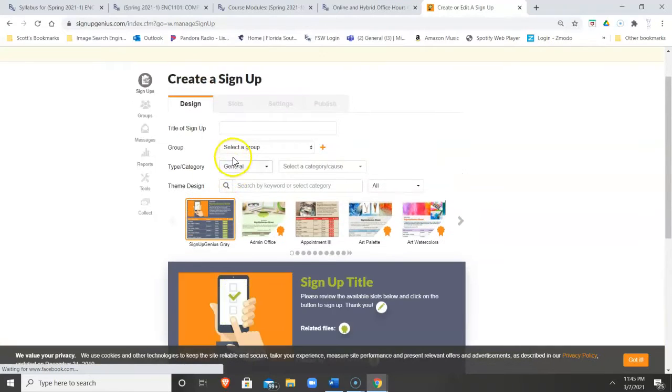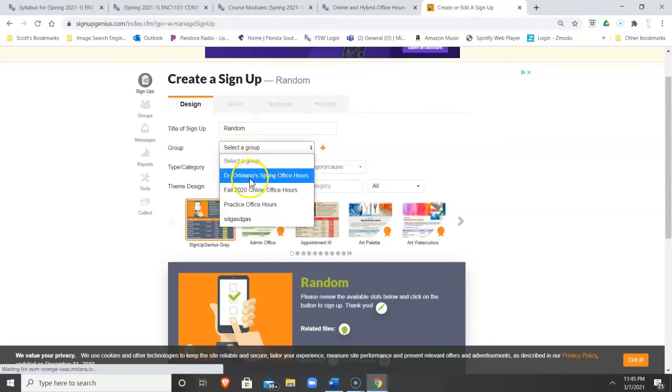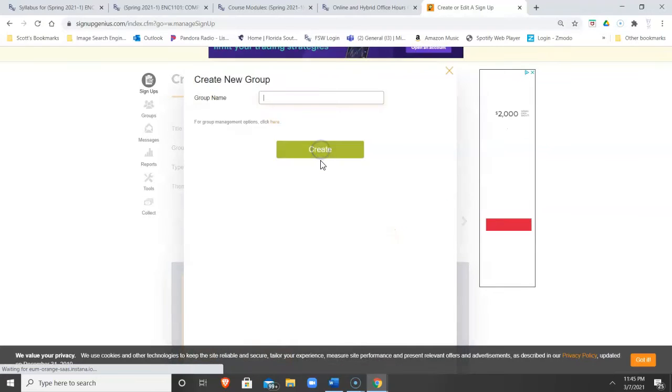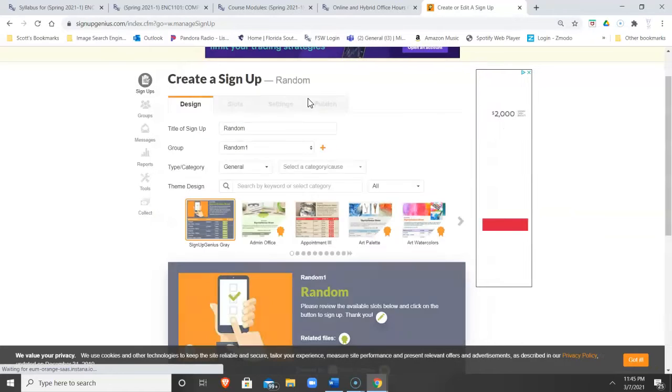Okay, and so you can title it. I'm going to title it random because I'm going to delete it as soon as we're done. You select what group. I've got the groups that I've created. You can just hit plus new group. But if you're using an office hour group, you can select the one you've already got. It'll actually just put in your same settings. So I'm going to put random one. Select what type it is. I just put general,